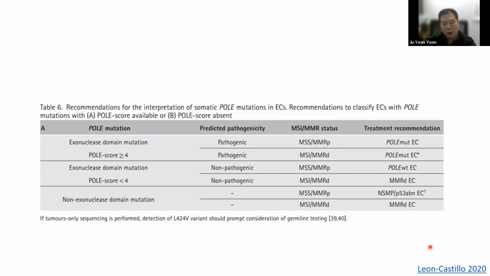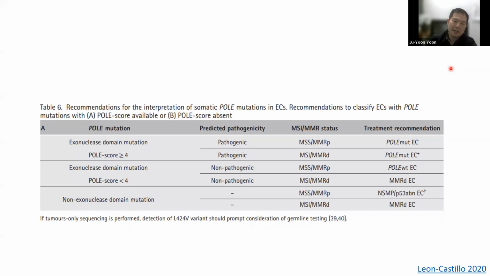So going back to the PORTEC mechanism, if you do have the exonuclease domain mutation, and if cases are deficient in MMR, just like in my case, the recommendation is treat it like POLE, and it's still an open question whether we can truly hold back adjuvant therapy in some of these patients, but hopefully we'll have a better answer to that through some of these PORTEC trials. But this makes sense in the light of the fact that the TCGA subtyping is a decision tree. So the POLE, if it's truly POLE, does then supersede MMR.